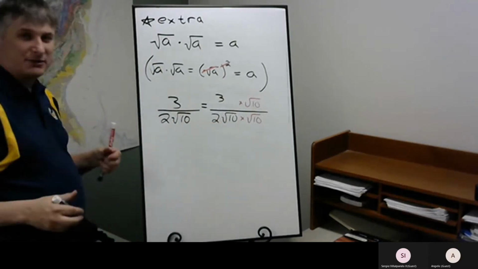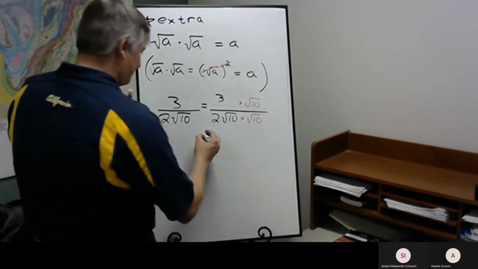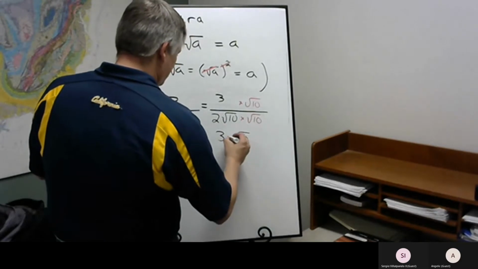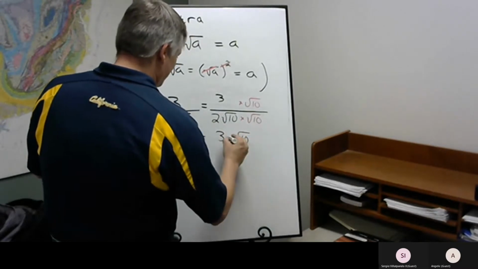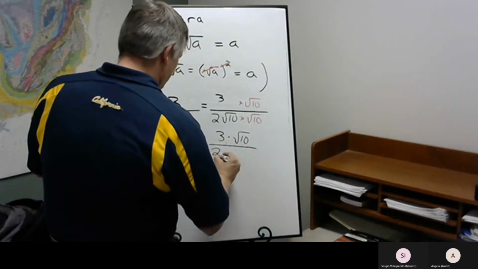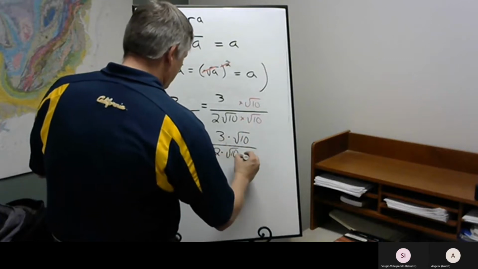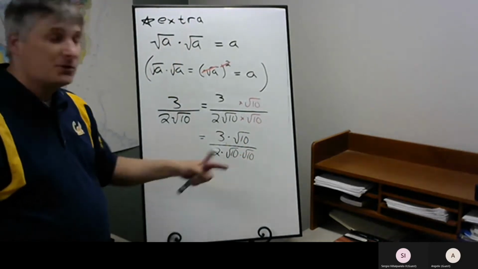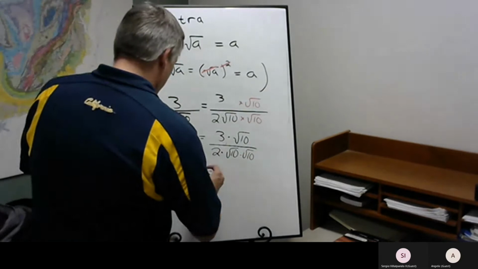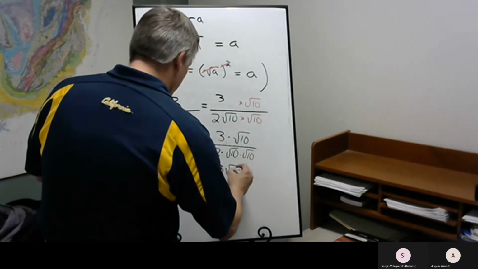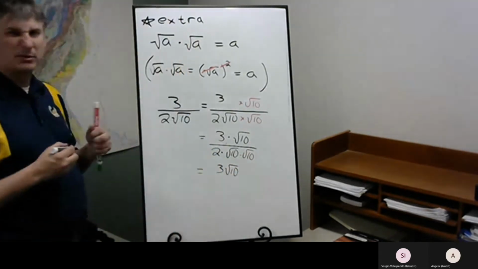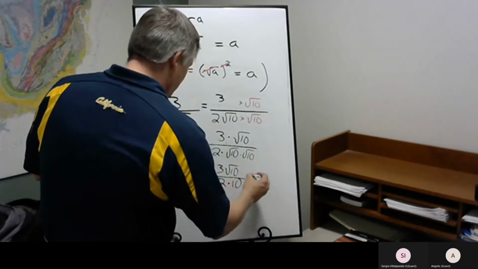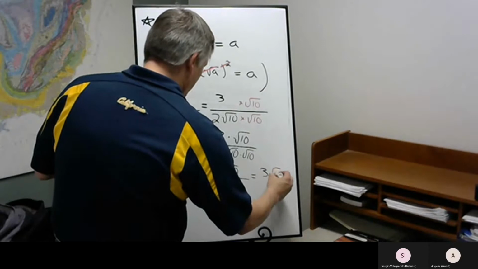Remember, 2 square root 10 is 2 times square root 10. So you get 3 times square root 10. I'll use a dot here. And then 2 times square root 10 times square root 10. These will become just 10. So we get 3 square root 10. Again, we leave out the multiplication. 2 times 10, or 3 square root 10